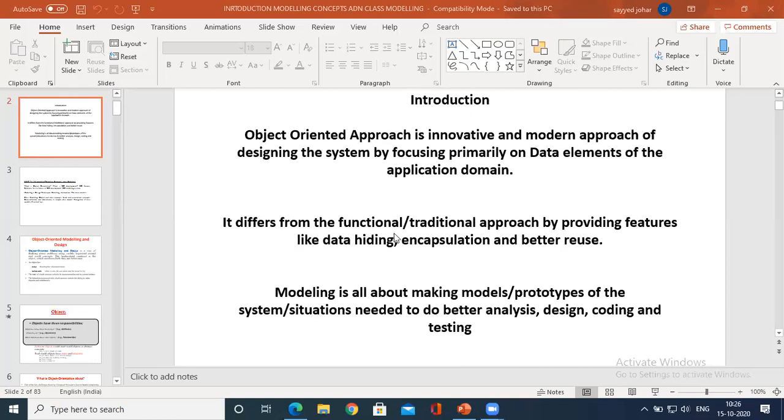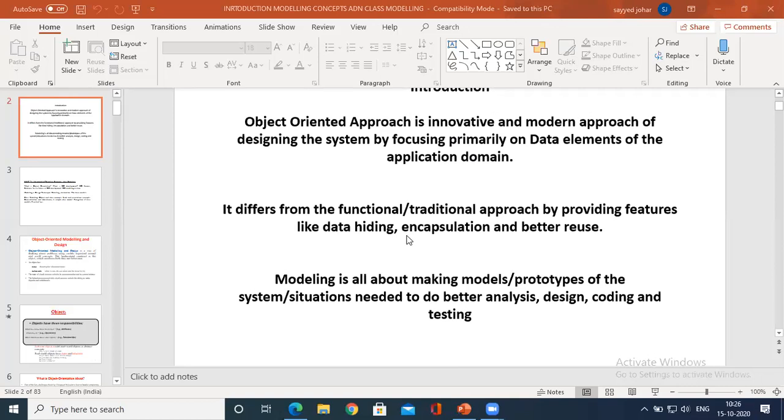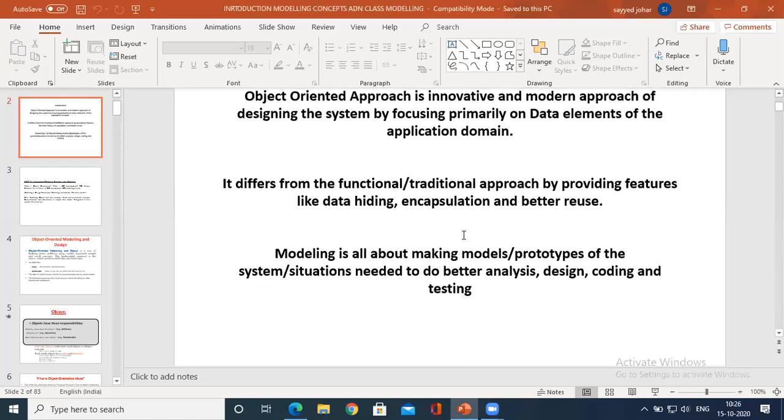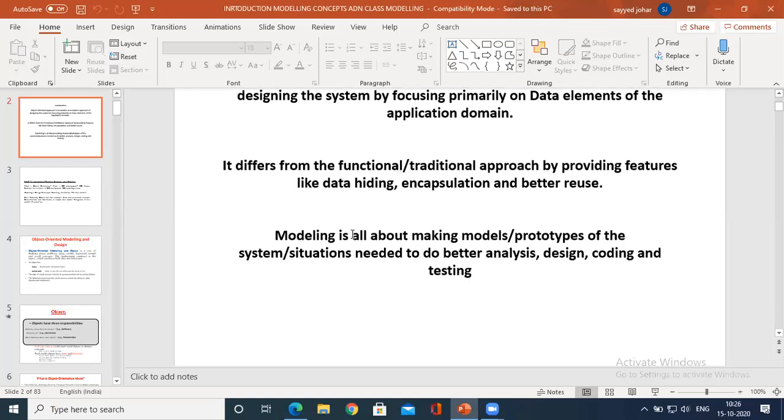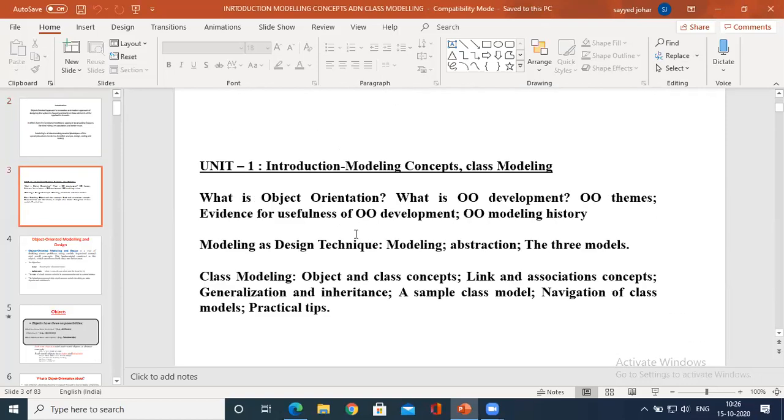How it differs from the functional and traditional approach, we have just studied. And we studied what is modeling.